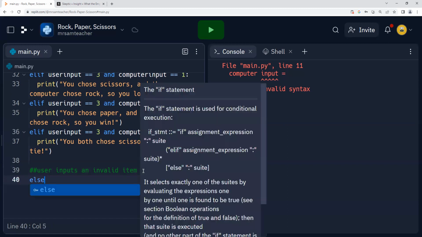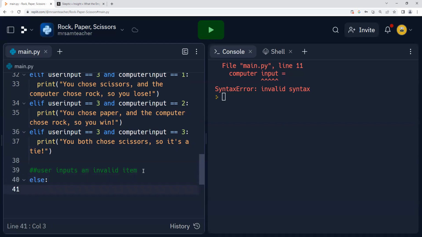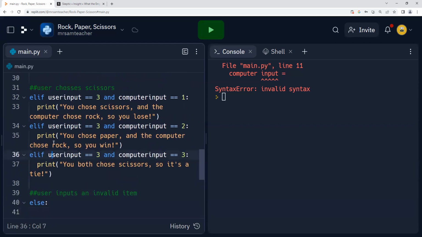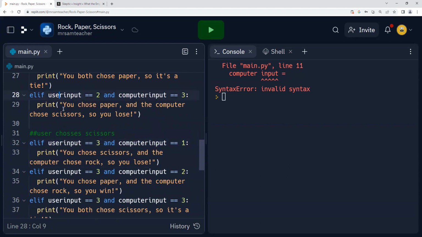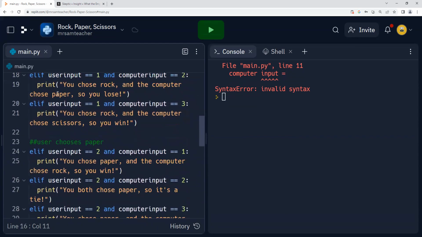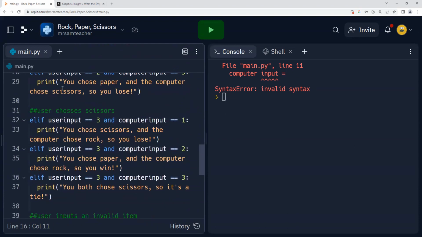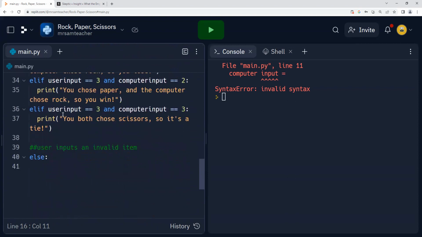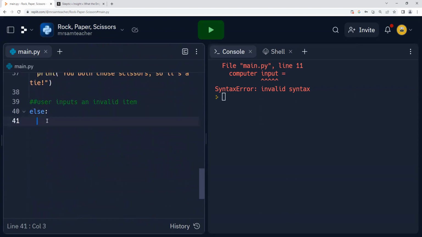else. So it's very similar, but now we're closing with an else and a colon, because right away there's every other single condition that's not met by this one, this one, this one, or this one. We have 9 specific conditions, but there's an infinite amount of things that the user can write in there. So for all other conditions that are non-specific, you hit enter, it'll indent after you put that colon.